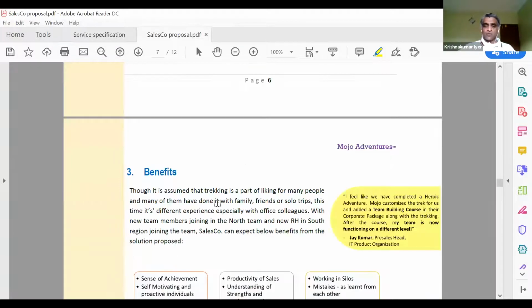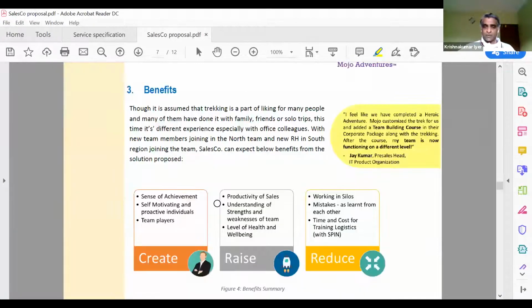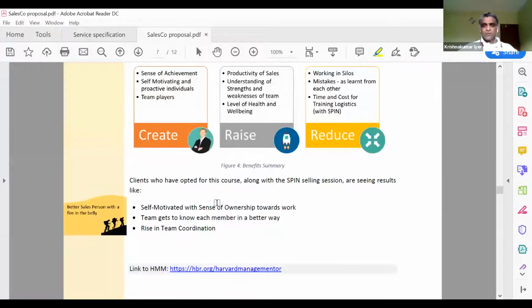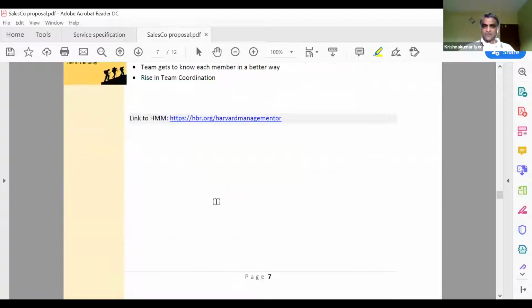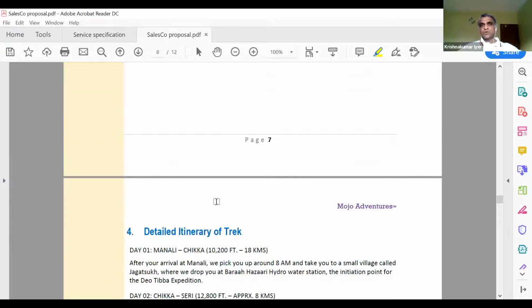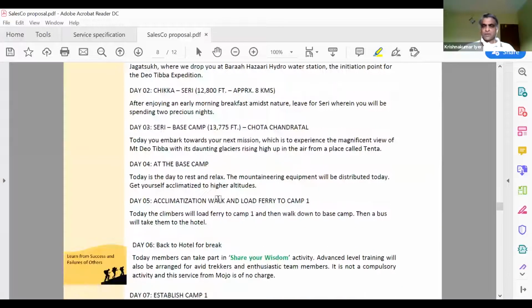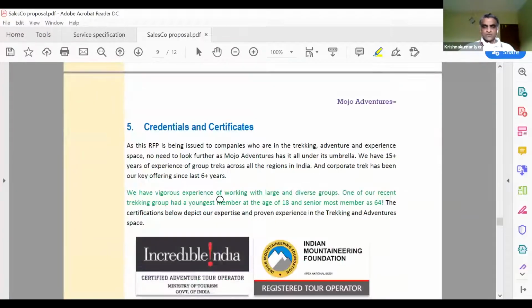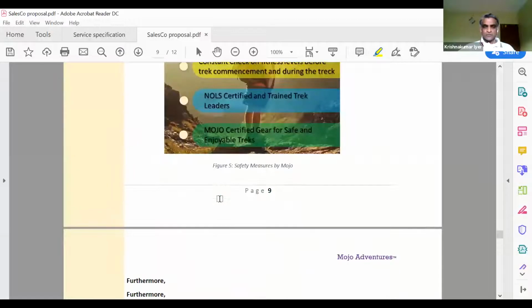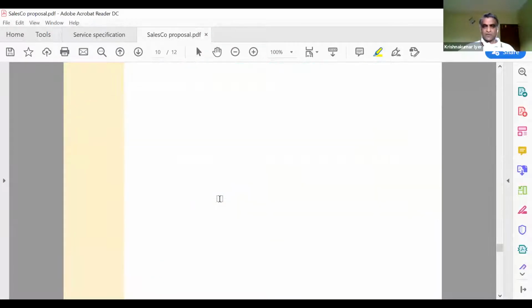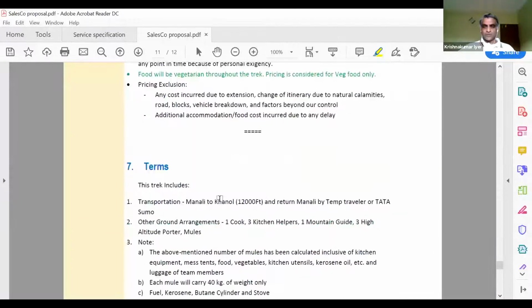All right. So hopefully that gives you a sense of what I'm talking about. My idea here is to just give you a sense of how the proposal looks in this case, and how we have taken the issue right from the RFP, gone through the analysis, developed a winning strategy, and then it goes into the proposal as such. So that's what I've attempted to do. So just quickly scrolling through the proposal so that you can get a good idea of the look and feel of how this proposal looks.